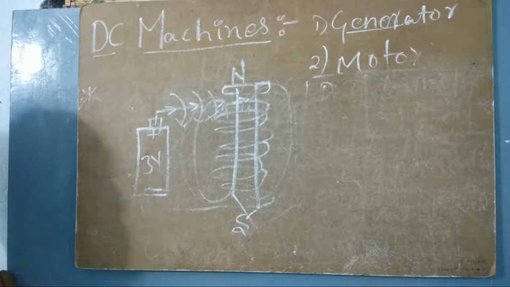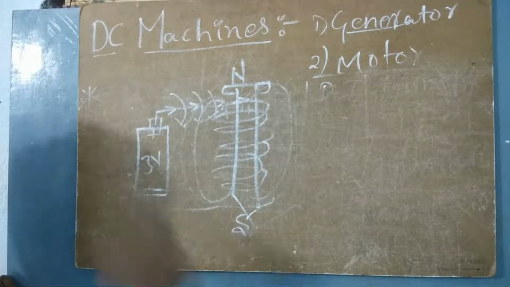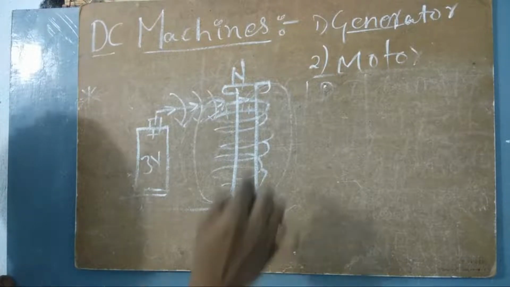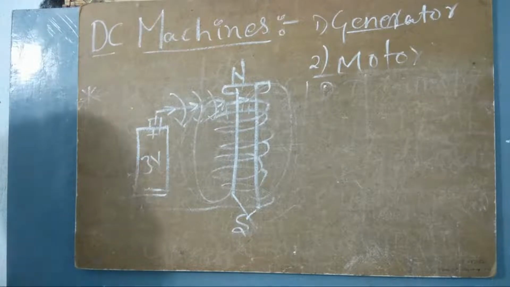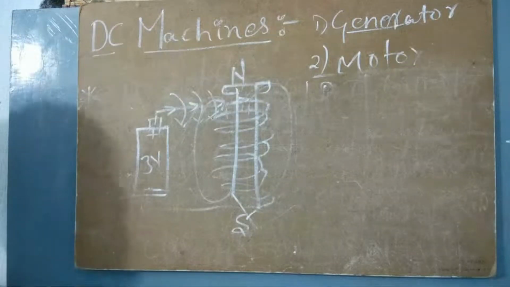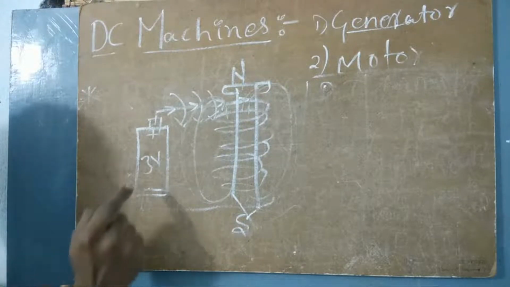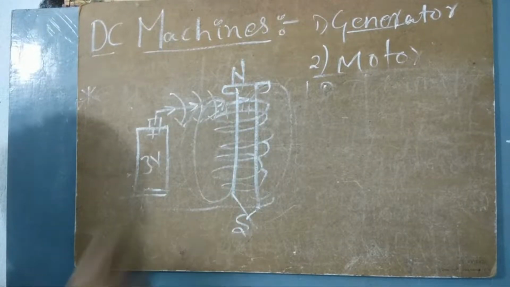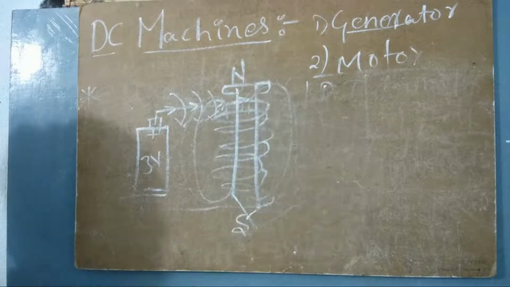Because of this electricity, I am able to produce a magnetic field. So combinedly I call this electromagnetism, because the magnetism here is produced by this electricity. This is the very easy way of understanding how electromagnetism is produced. I want you to understand this one. Here, due to this battery, some current is flowing, and due to this current, some magnetic field is there. And due to this magnetic field, this nail is getting magnetized.